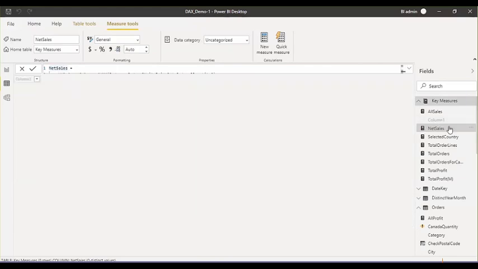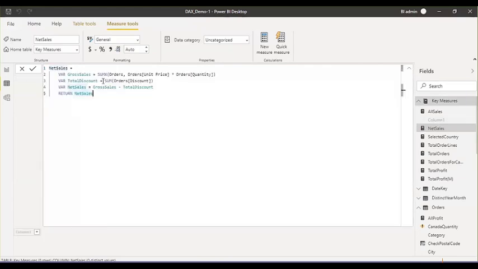So this is a way. Instead of creating multiple measures, otherwise what we have to do is create one measure for this, a second measure for this, and then a third measure for calculating this value. So using variables in one measure, you can do multiple lines of calculation. The complex calculation you can easily achieve. So basically you just break your calculation, store the output of the calculations temporarily in variables, and then reuse those variable values for your further calculation. This is the concept of variables.